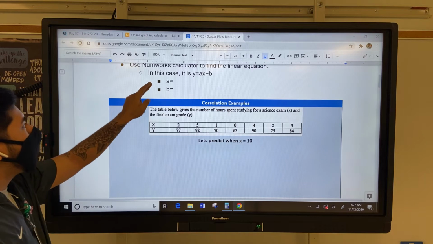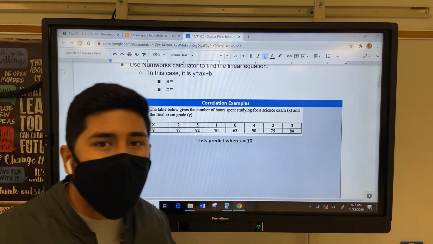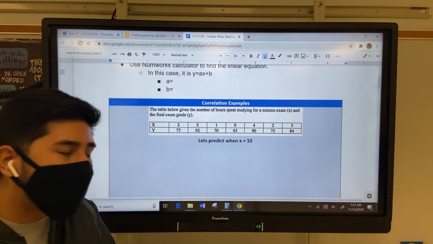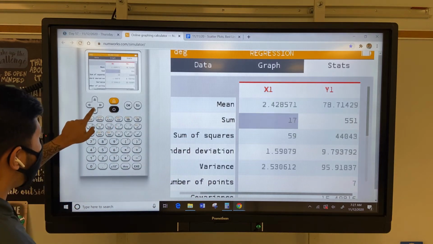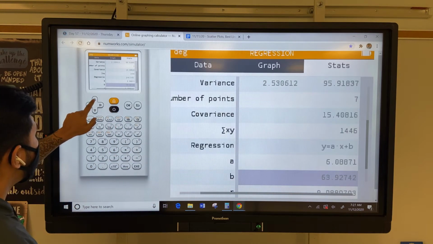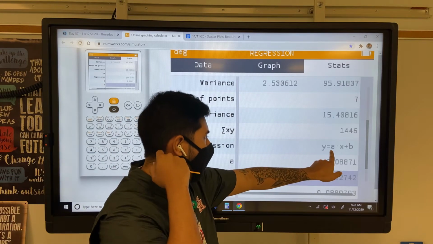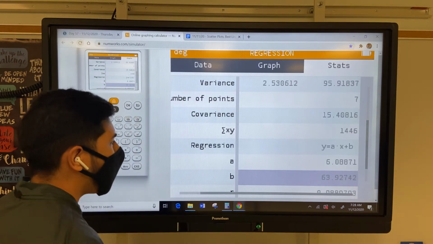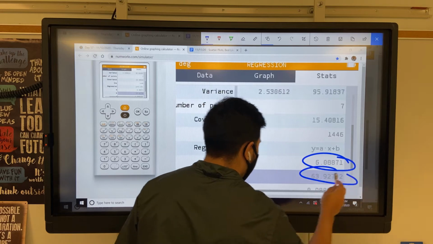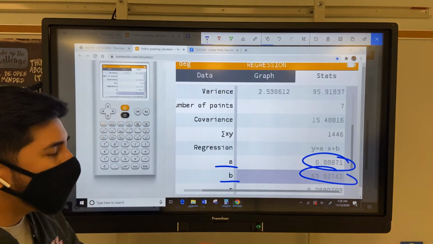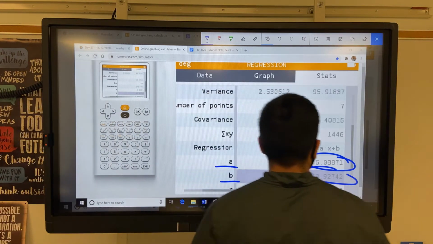It says, in this case, we're going to look at this equation, y equals ax plus b, and I'm looking for a and b because I'm going to use those numbers to help me predict. All right? So we go down to the bottom. You're going to see it right here. Check it out. Boom. A and b. It even has it right here, y equals ax plus b. So we're going to take these two numbers, because that's my a and my b, and we're going to use them to predict what number we want, okay? So check it out. It's going to be a little bit